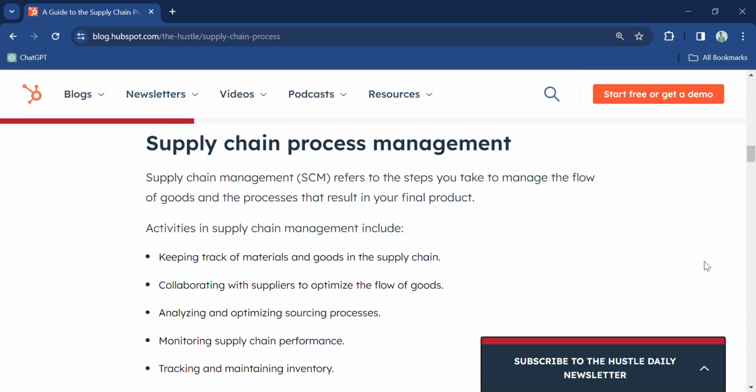Supply chain management process. Supply chain management, SCM, refers to the steps you take to manage the flow of goods and the processes that result in your final product. Activities in supply chain management include keeping track of materials and goods in the supply chain, collaborating with suppliers to optimize the flow of goods, analyzing and optimizing sourcing processes, monitoring supply chain performance, tracking and maintaining inventory,